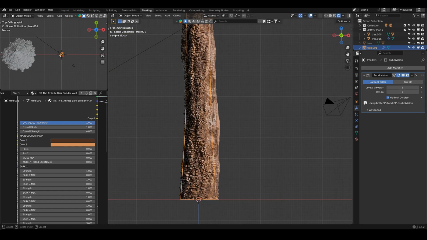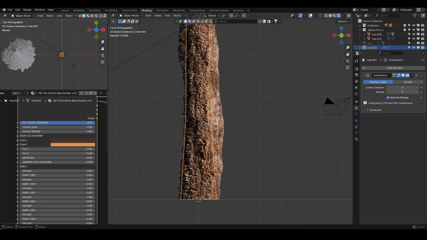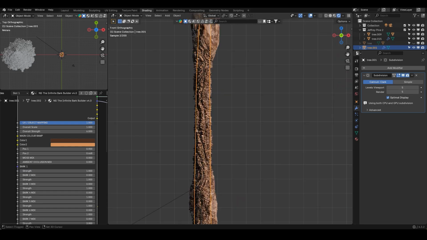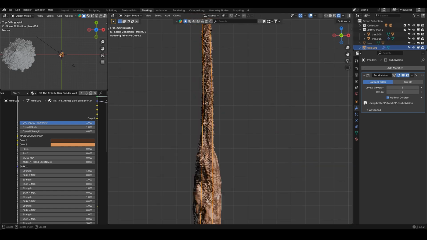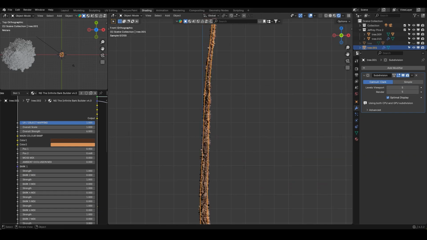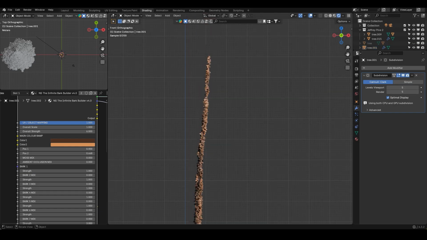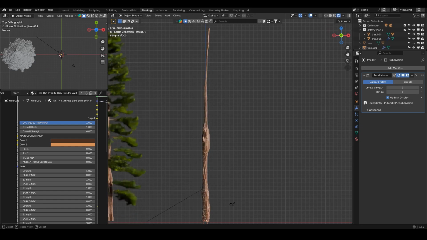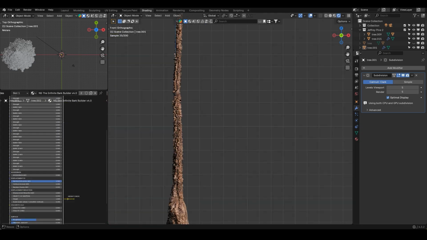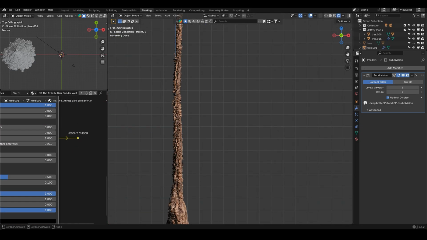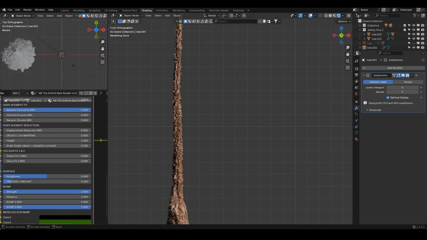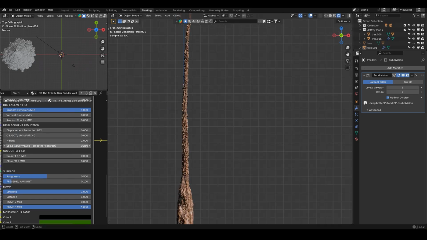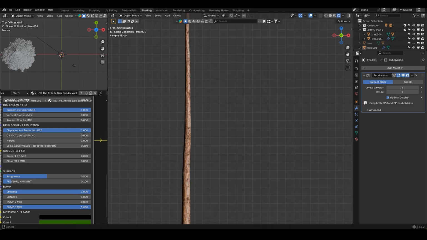So here we've now got a lot of, I'm just going to go stupid so it's clear. A lot of displacement is happening, and it's happening all the way up the trunk, all the way to the tip, when it starts to look a bit weird. So to negate that problem, if you've watched the other guide video, you'll get how this works, but this is what this pip and this displacement reduction is for. So if I turn it on by sliding it in, it's gone well down the trunk,